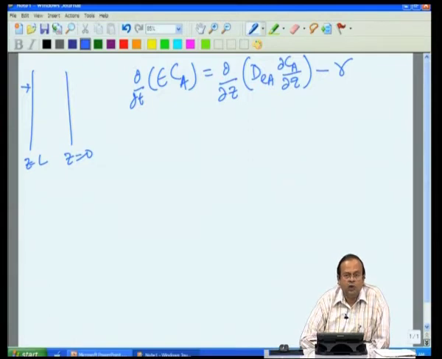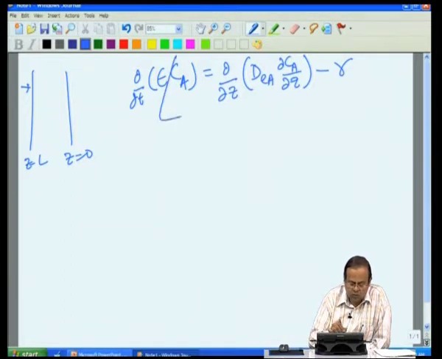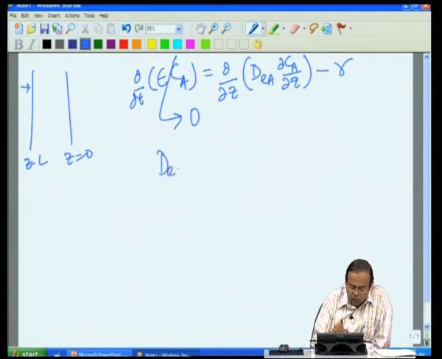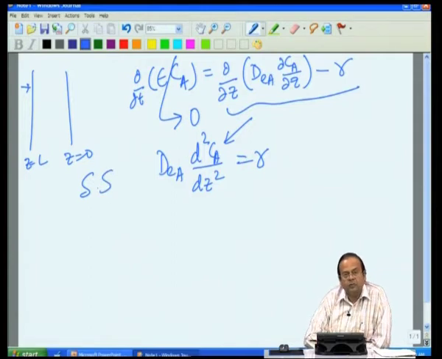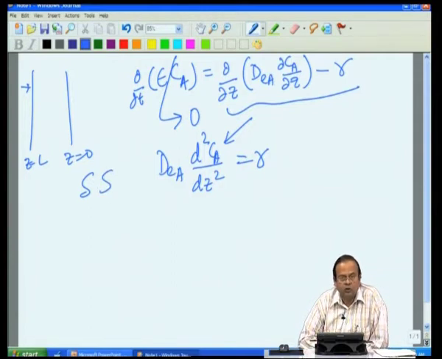So, what are we going to do? We are going to first make an assumption that as far as this process is concerned, there is a steady state. So, this term goes to 0. So, we have a steady state balance, and the partial differential equation now will convert into an ordinary second order differential equation, and we will also assume that DEA is constant. So, we will get from this equation the steady state version. So, this is my steady state mass balance equation for diffusion reaction.